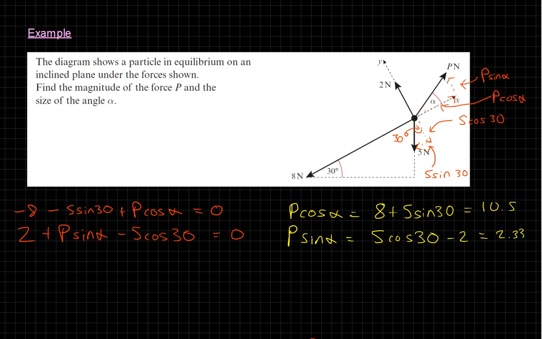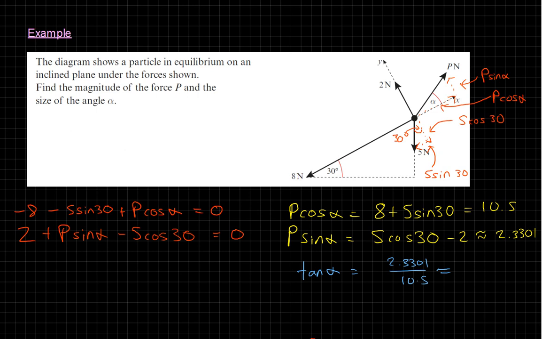2.3301, roughly. Okay. And then if we divide that by this, we're going to get tan alpha, right? Because sine over cos is tan, P over P is 1, so it cancels out. So we get tan alpha on the left, and on the right we're going to get 2.3301 divided by 10.5